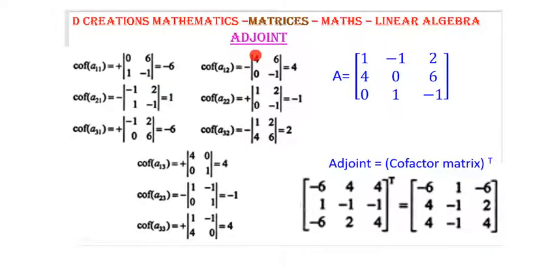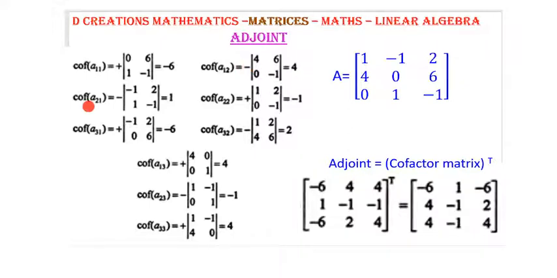Just minus 4 here, because this product is anyway 0. And then this sign will be there because it's A12. 1 plus 2 is 3. Minus 1 raised to 3 is minus 1. So the sign has to be minus. So you get here minus 4, but multiplied with the minus sign, it gives you back plus 4.